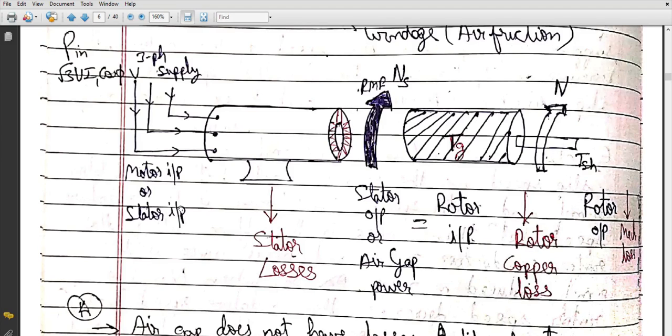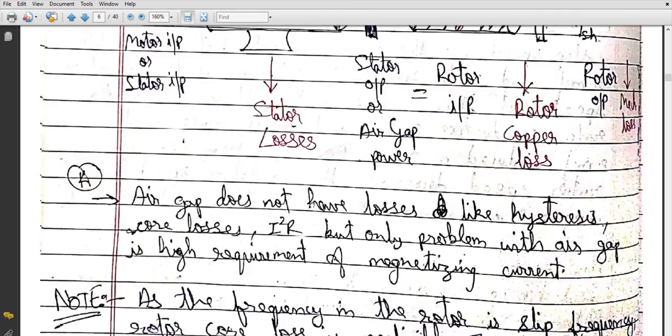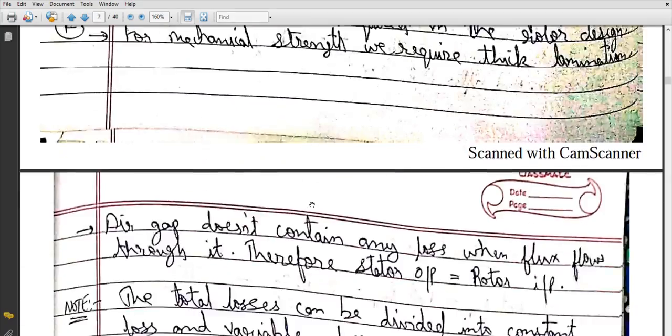Hello students. In a previous lecture we discussed the various power stages involved in an induction machine. We've seen what the various losses are, for example the stator losses and rotor losses that occur in an induction machine. In today's lecture, we'll derive the